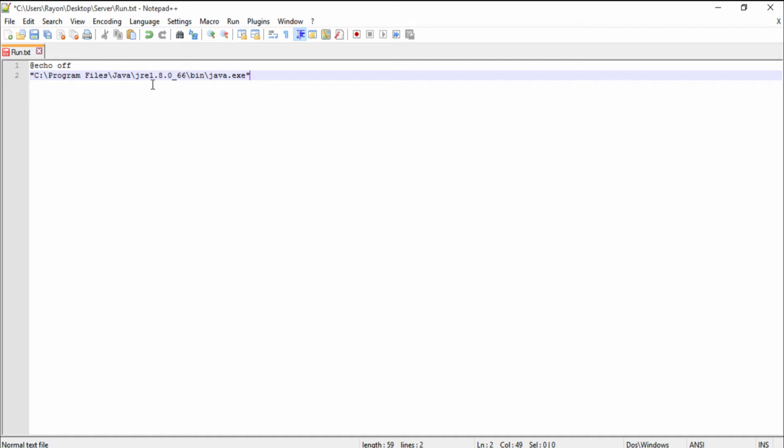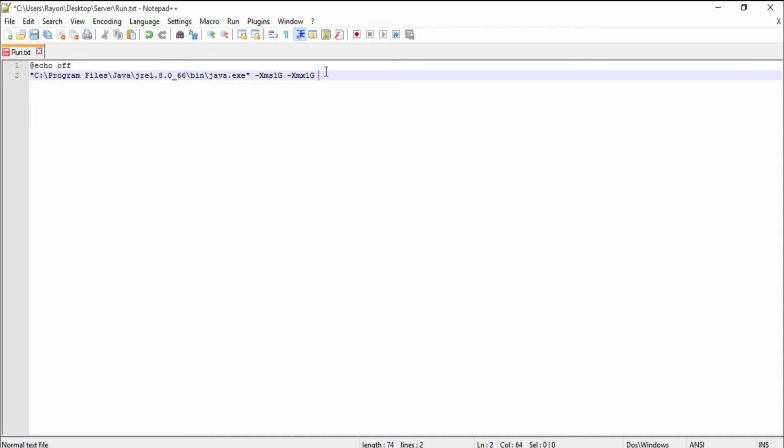Alright, so that's done. Now next, you set the RAM parameters. So if you want your server to run with the minimum of 1 GB, you're going to do XMS 1G. So this is the minimum your server will use for your RAM. No matter what, it's going to use 1 GB. So the next thing is you're going to set the maximum RAM. Put XMX 2G, or you can even use 1G, whatever you want. It's according to your preference. I'm going to use 1 GB.